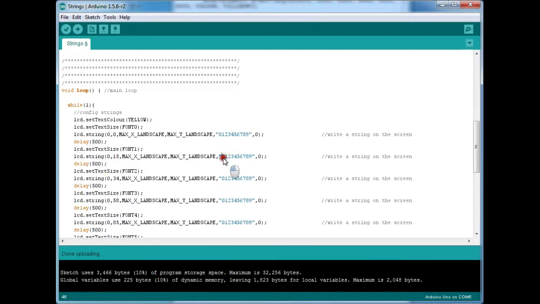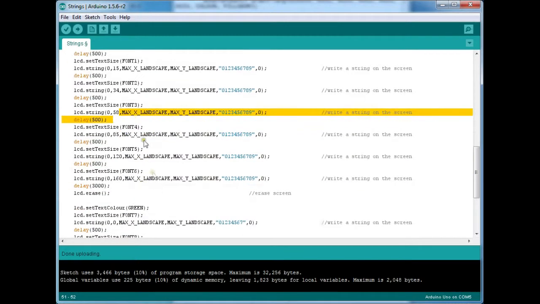The same string shall be printed, increasing the font size by 1. So here we will be writing font size 2. Again, we want a new line, so we'll be increasing the y coordinate gradually. Font size 3, same string printed, increasing the y coordinate. So these numbers will be printed one after the other on a new line, but in an increasing font size. This shall continue till font 6.